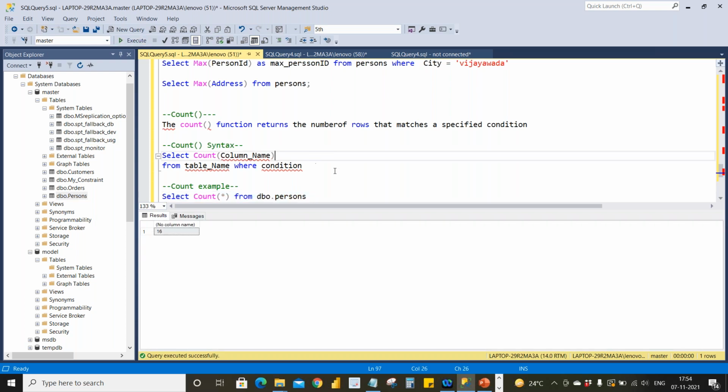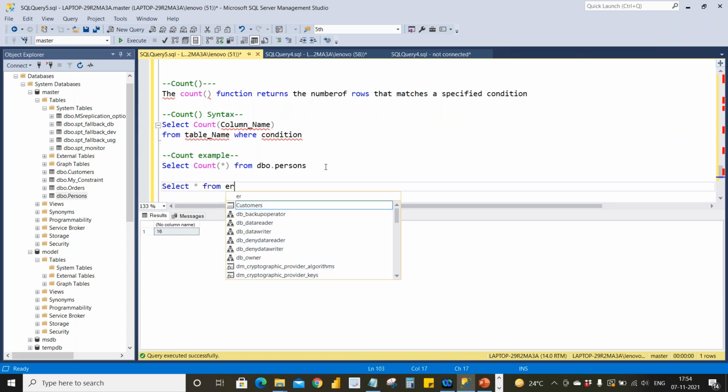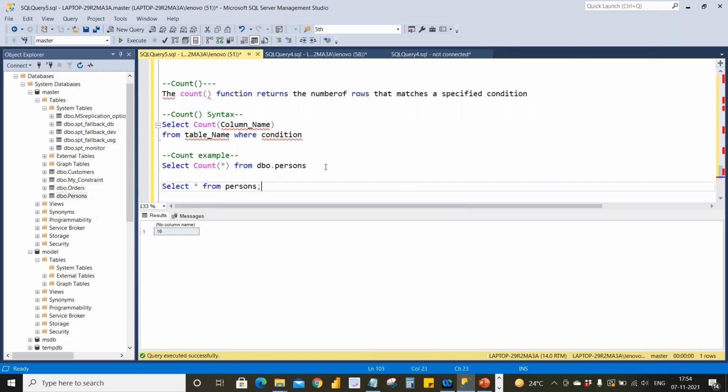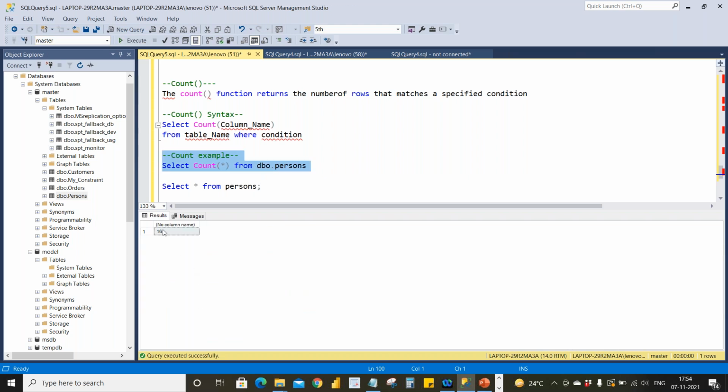I think 16 rows we have. Let's check once. We have a total of 16 rows. When you are retrieving the data, it is retrieving the count of 16 rows. So 16 is the count.